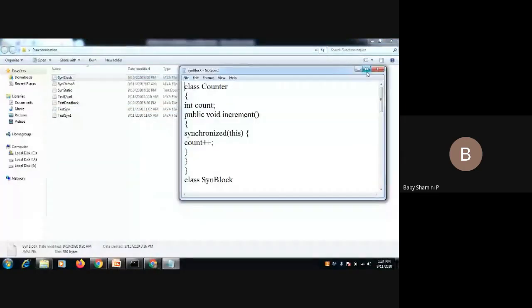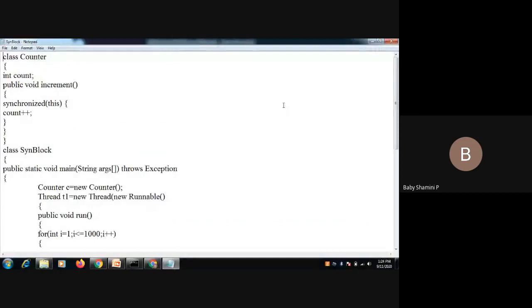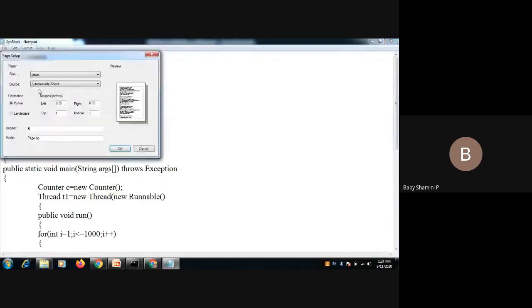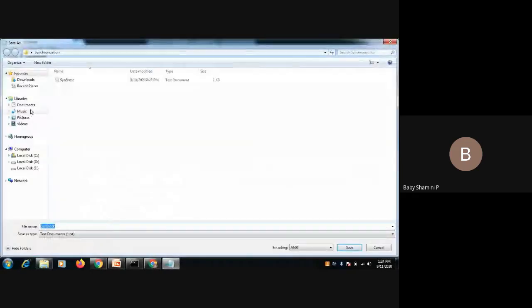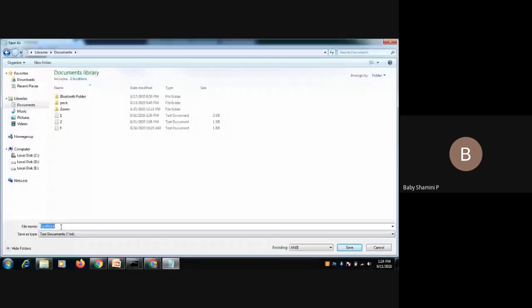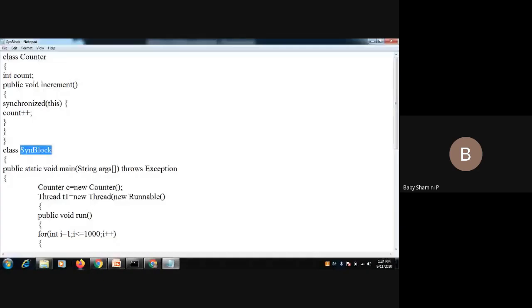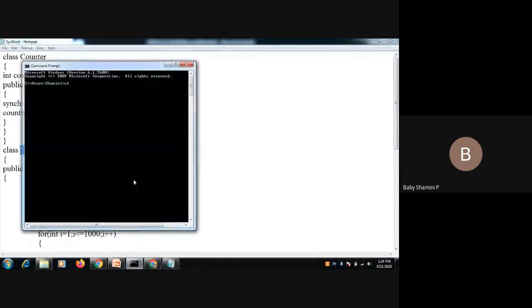This is an example for the synchronized block. The class name is SynchronizedBlock. We'll check this.